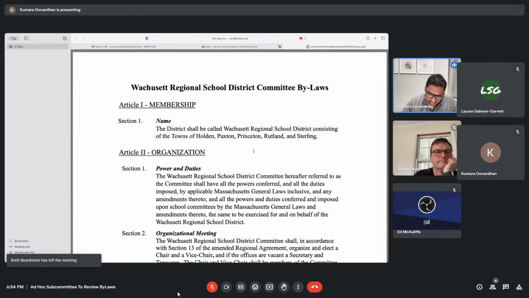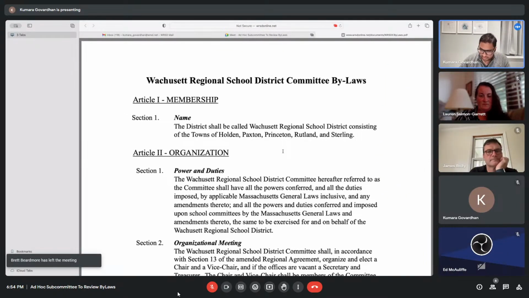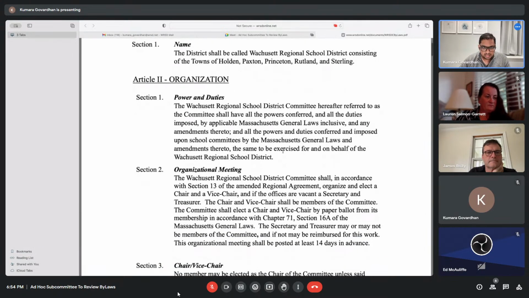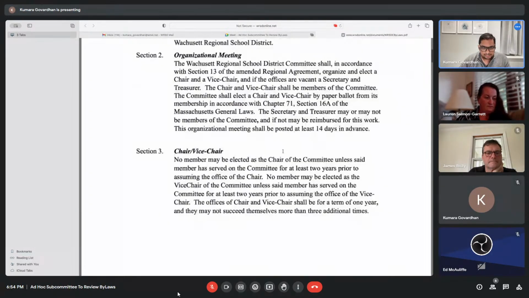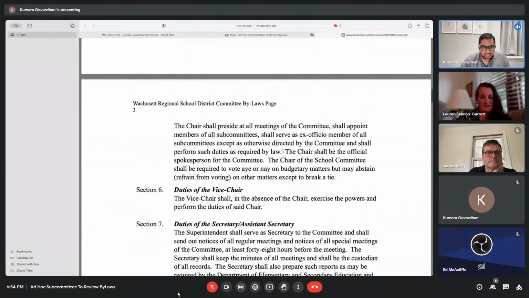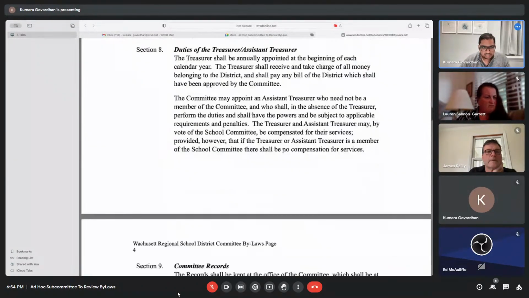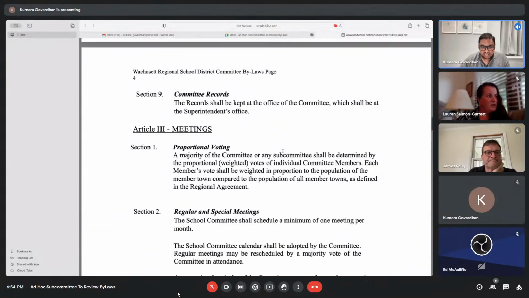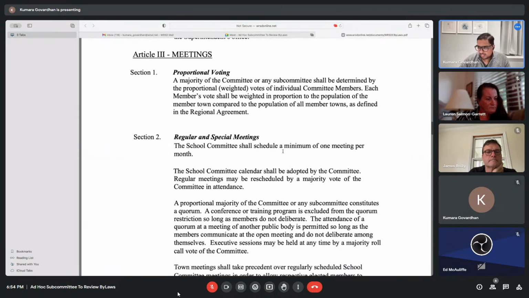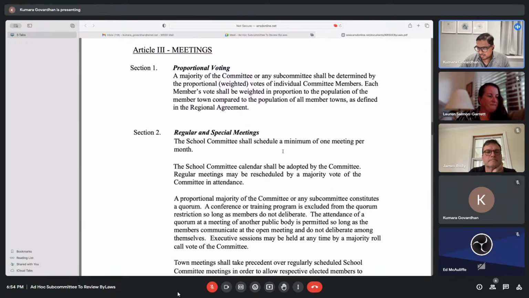Looking at the agenda and the meeting structure first, let me scroll down to Article 3. In Section 1 right here, I remember we made the changes to reflect the weighted voting.